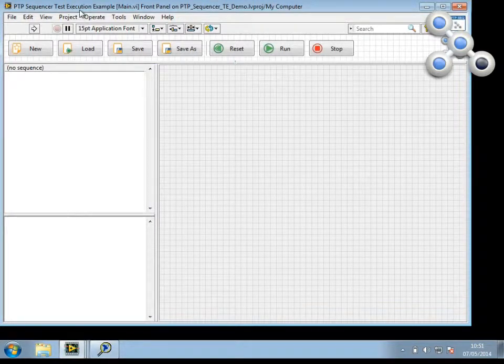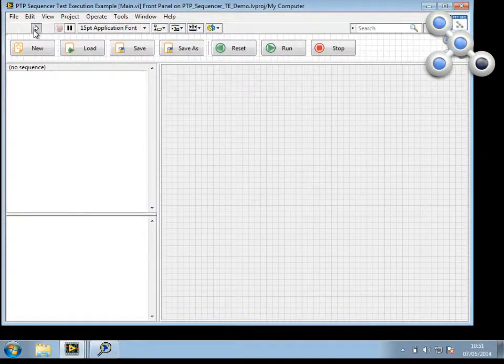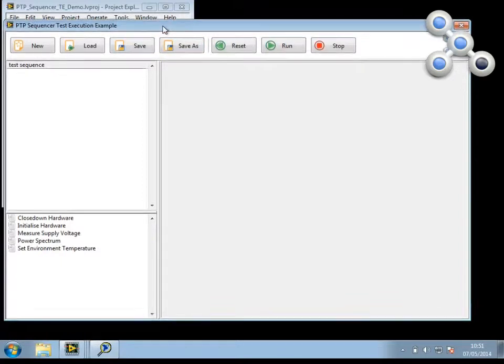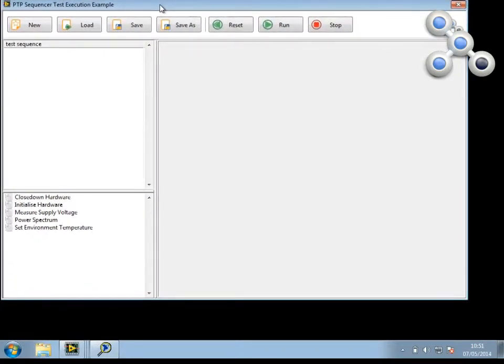So this is a simplified representation of a simple test executive. We have a toolbar across the top with a series of buttons. We have our test sequence view here. We have our tests list, and on the right hand side this is a subpanel within which the tests will actually be inserted. So I'm going to go ahead and load a predefined sequence from our sequences folder,